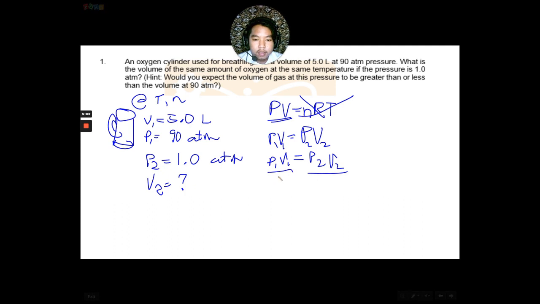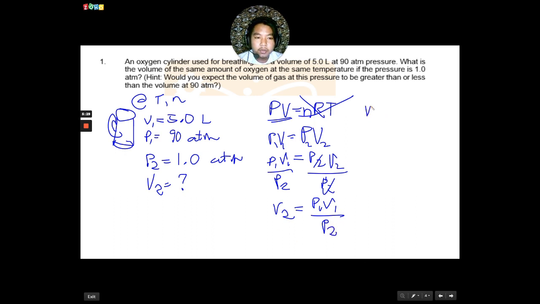Alright, so that's P1 V1. I'll divide both sides by P2 so that I'll be left with V2, and by associative property I'll place it on the left side. Then I'll have V2 is equal to P1 V1 over P2, and then I can now substitute. Hopefully you can follow. V2 is P1 V1, that is your 5.0